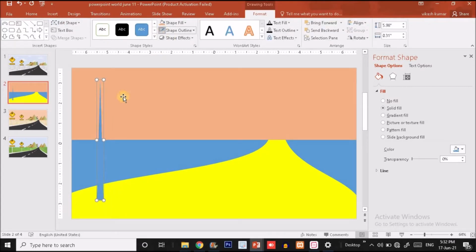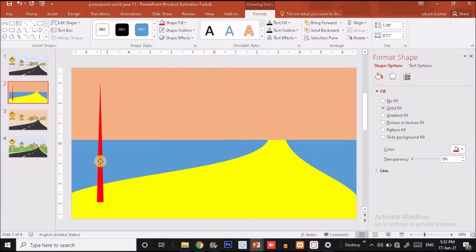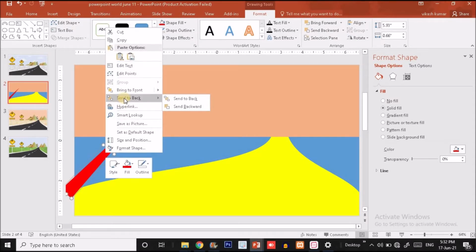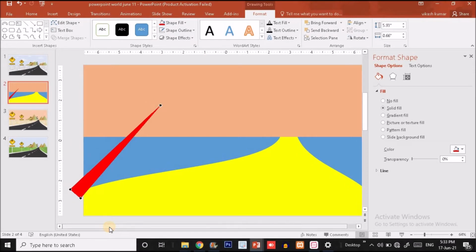Remove the outline, just change the color, shape fill, like I'm going to do it. Just randomly choose any color guys. So I'm going to choose a red color for this. And now what I'm going to do, I will rotate it like this. Okay, or maybe this. Right click over here, and now you have to click on the edit point option. You will find 3 dots again at the 3 corners of the triangle. So I'm going to drag this dot over here.